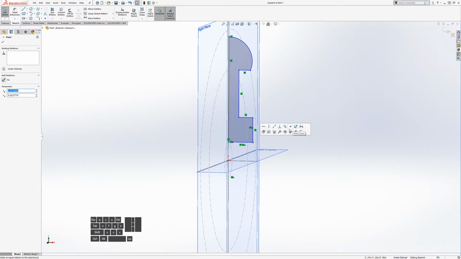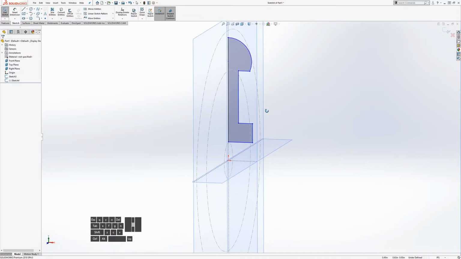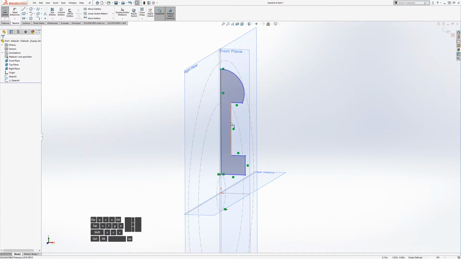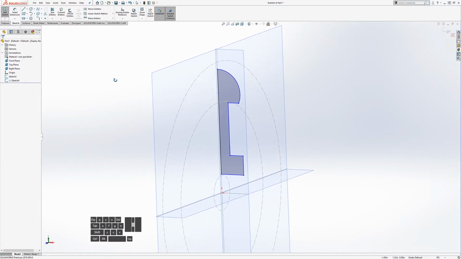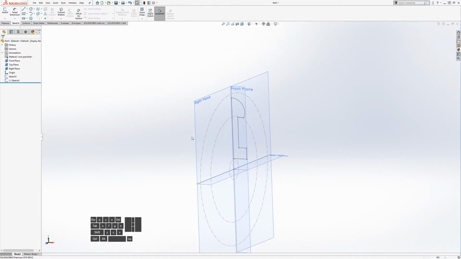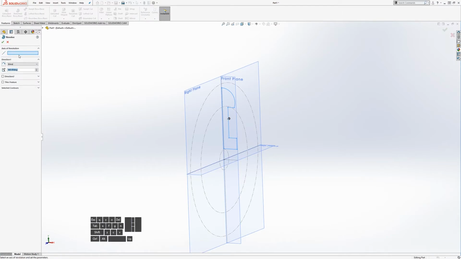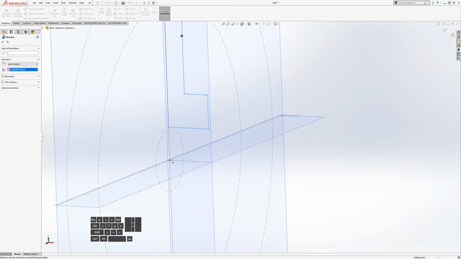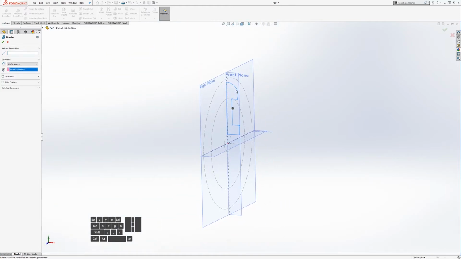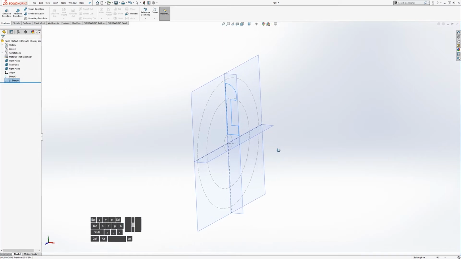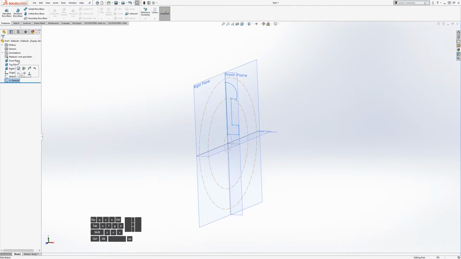So right now we're not going to, whoops, that was an accident. Get rid of that. Control Z will do that. So we're not going to constrain it yet. We're just going to make a sort of a mock-up of the procedure of the features that will make this wheel. So if we get out of this sketch, we can use here in the features a revolve. The thing is, we need an axis, so can't really choose an axis yet. We don't have one. So we're going to go back into the sketch